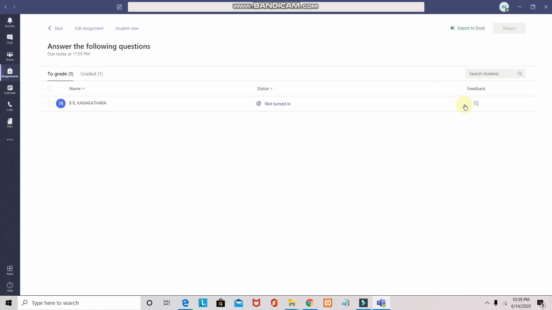And here, if we see, we have seen 2 students were there in the team. Now one student has submitted the assignment and I have returned it, and that's why it is not appearing here. If I look in the graded portion, we can see along with the feedback whatever we have given, which is being returned to the student. And that is how the assignments can be returned by the student and submitted back to the teacher, and the teacher can also give the feedback and submit it back to the student.